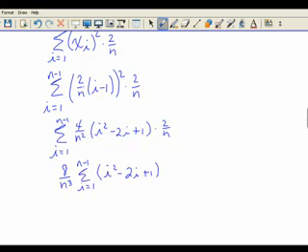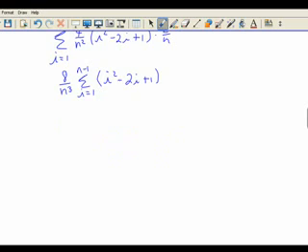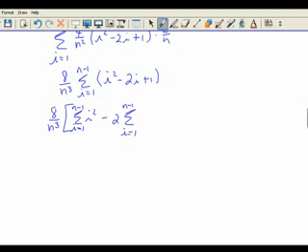If we break that up into 3 separate sums, 8 over n cubed gets multiplied by the sum from 1 to n minus 1 of i squared, minus 2 times the sum as i goes from 1 to n minus 1 of i, plus the sum as i goes from 1 to n minus 1 of the constant 1. Using the sum formulas,